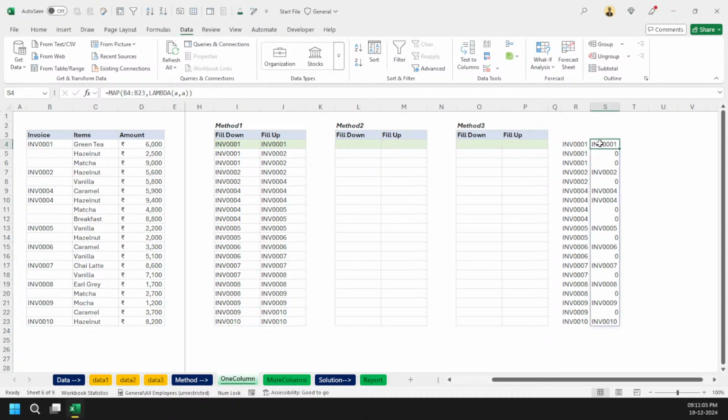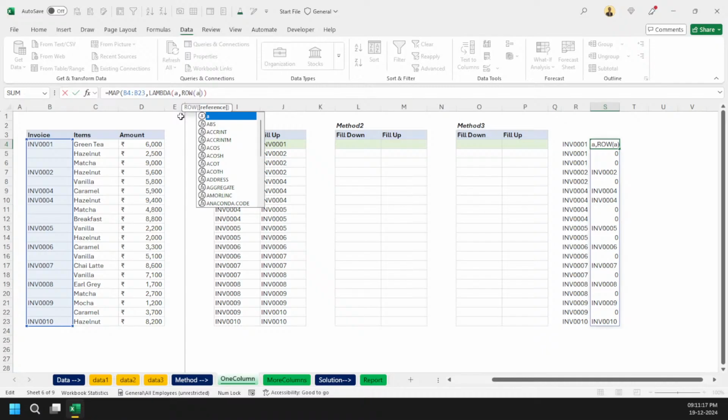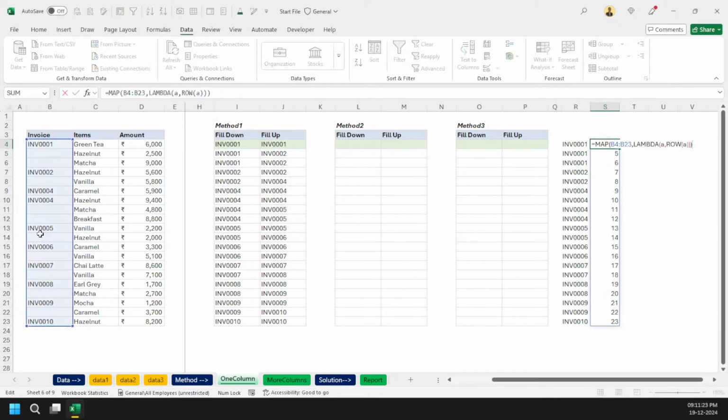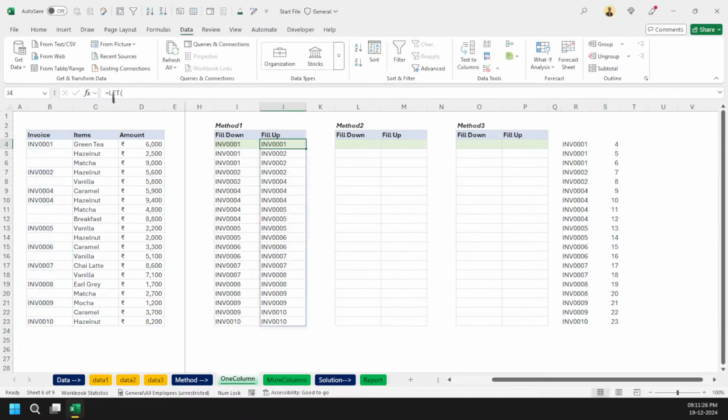So what can we do now? Any idea? We can test whether it is a range or an array. I'm simply going to write it in as ARRAY, the ROW function, because the ROW function takes a reference. See here, it is giving me the row. But if I type the ROW function here, you will see I am getting an error. The reason is that it is an array, not a range.